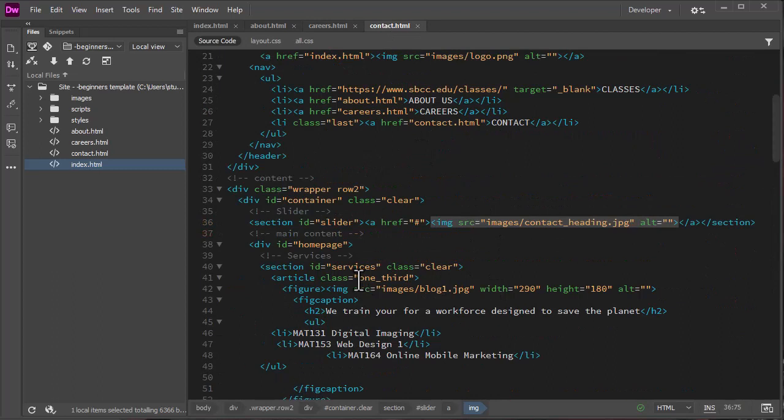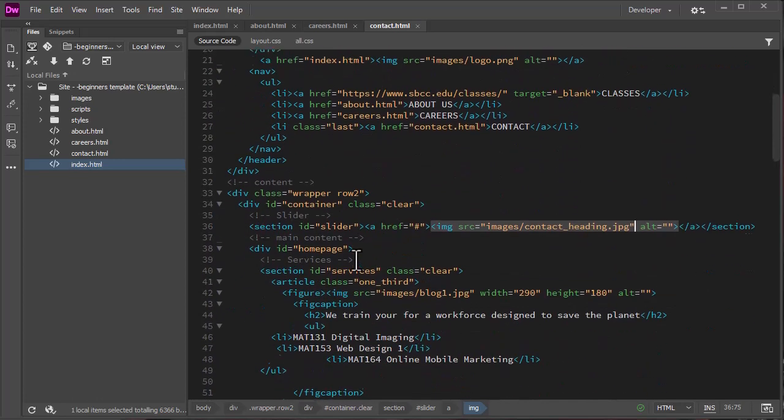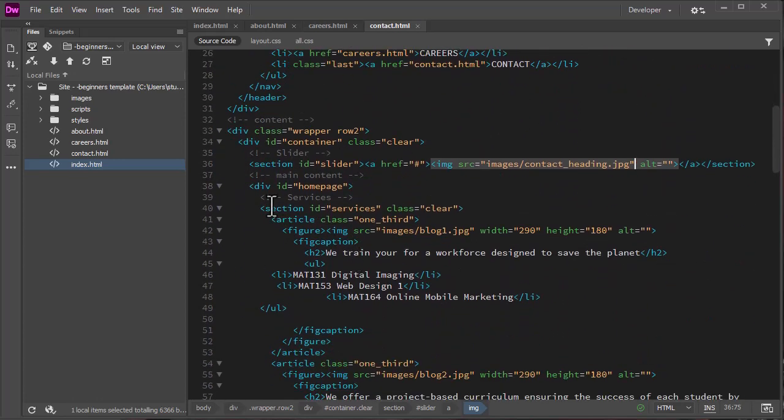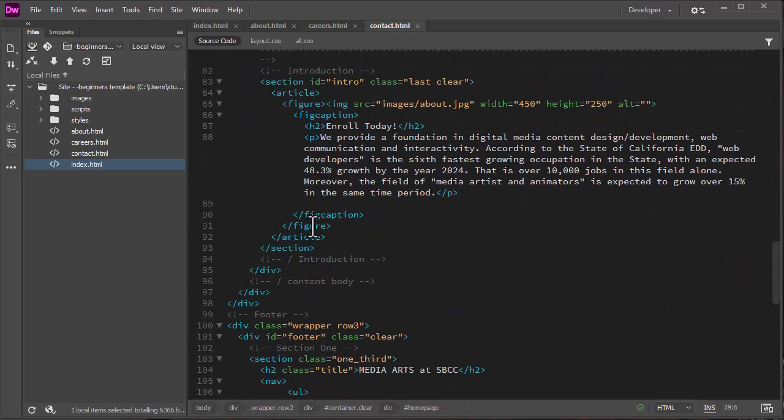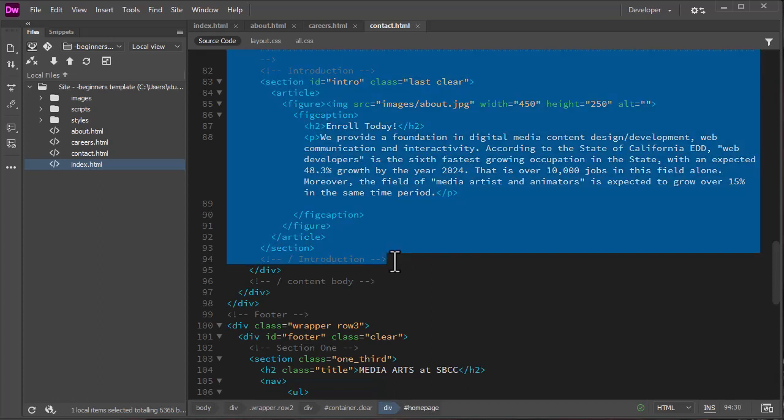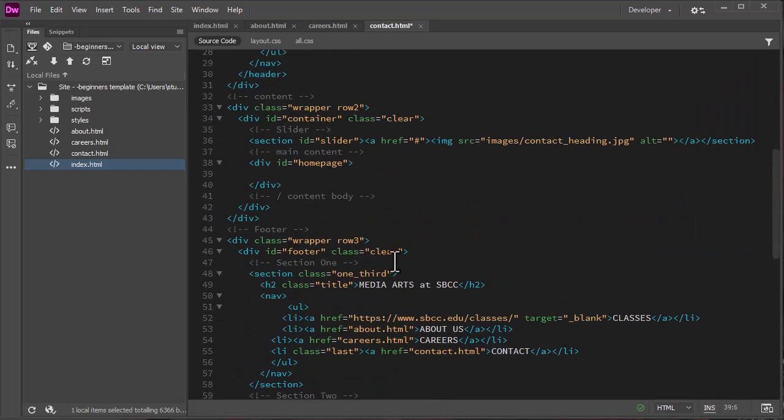I know I definitely don't want that slider in there again, the services. So I'm just going to go ahead and we'll see how I go with the comp. And actually, let's go here and delete it